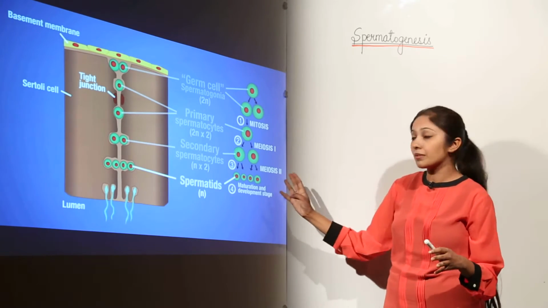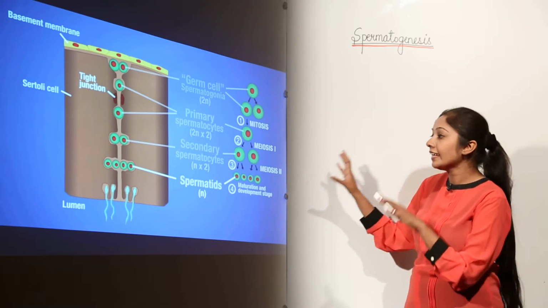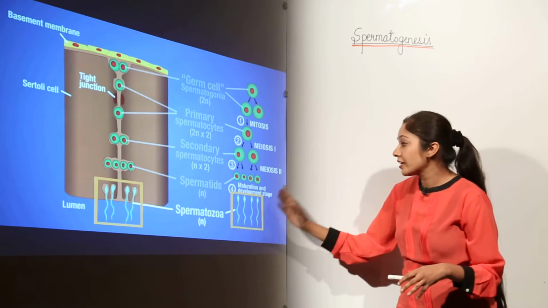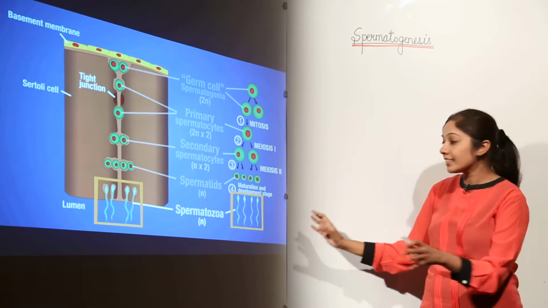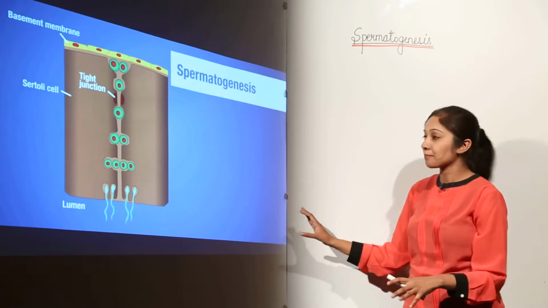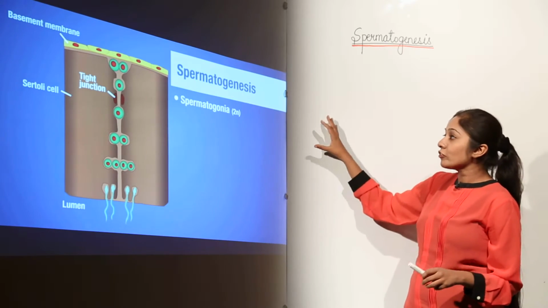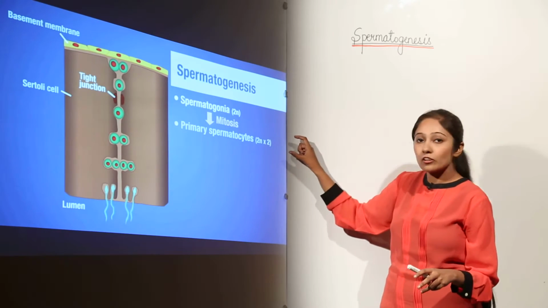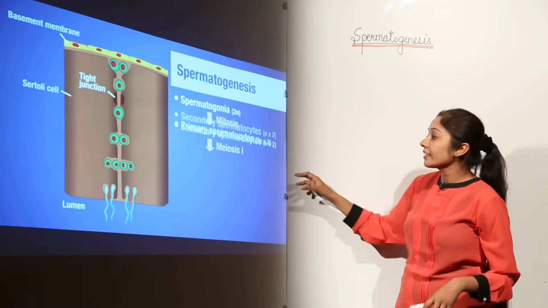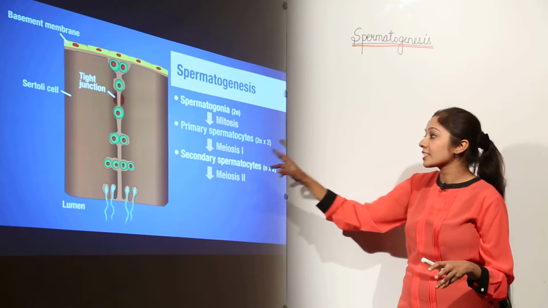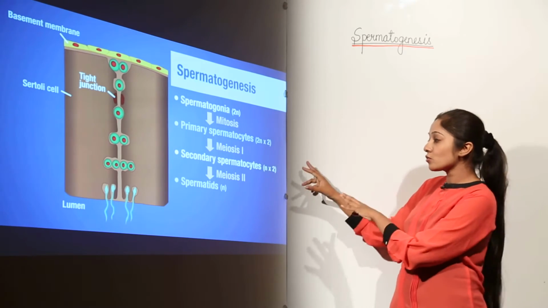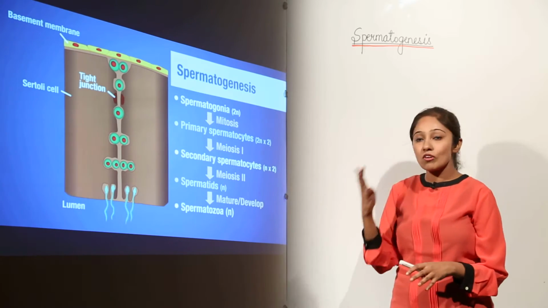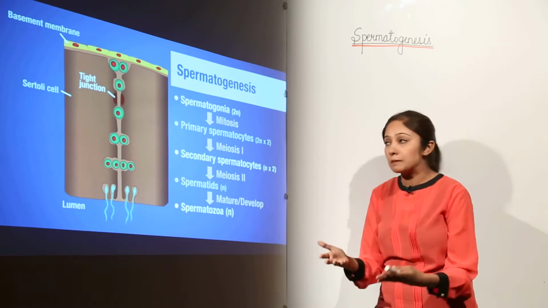Now we have 4 spermatids which are going to mature and develop into sperms, that is spermatozoa, each having half the number of chromosomes, that is they all will be now haploid. So let's have an overview. Spermatogonia are diploid. After mitosis they produce primary spermatocytes. These are also diploid cells. Then after meiosis 1 we have haploid secondary spermatocytes, and in meiosis II we have spermatids, which are all haploid, and they mature and develop into 4 spermatozoa, that is the sperms.